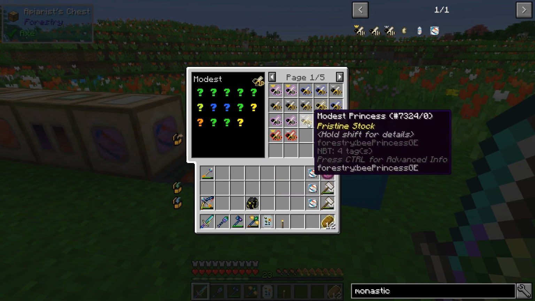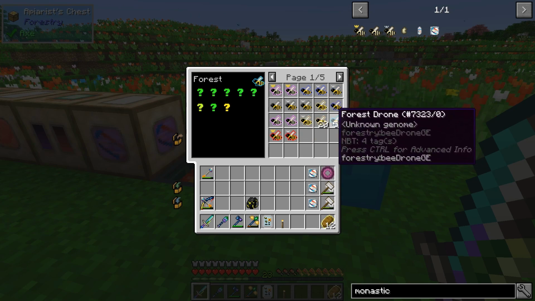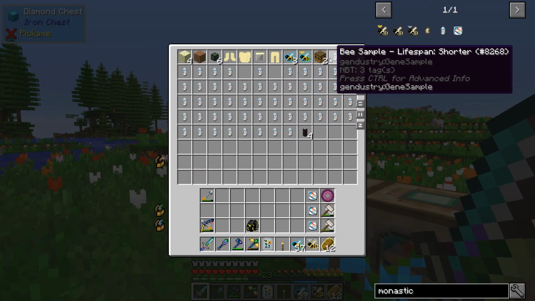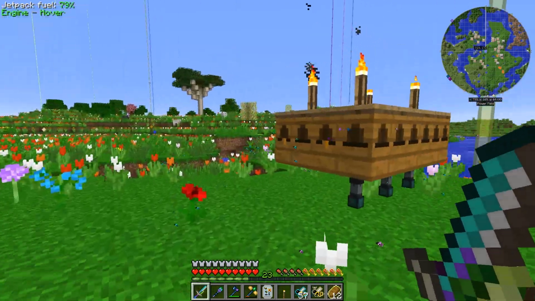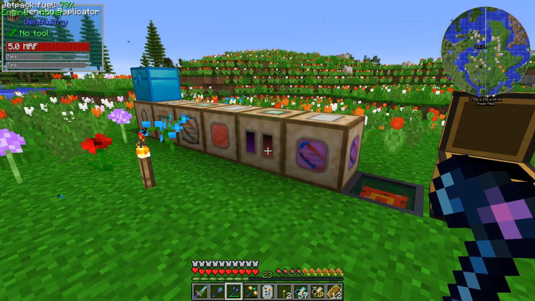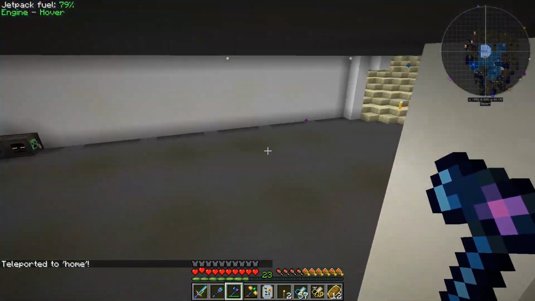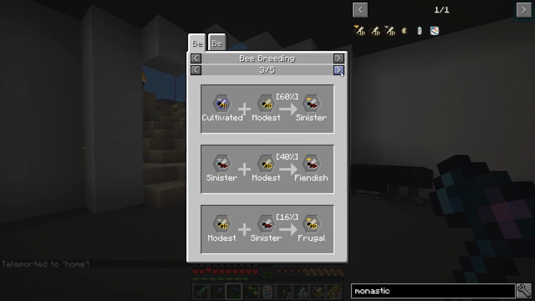We've got a modest princess here, but it's not the one we want. Over here, we've got a lot of forest. So we could do it in spawn, just to show you a little bit what I'm going to go through. This thing should have everything at spawn. Oops. Or I'm going to take one of these. And I should have some cables. Perfect. So let's go home. Whoa. Okay. So the modest bee with...